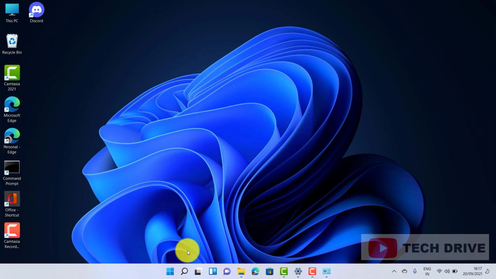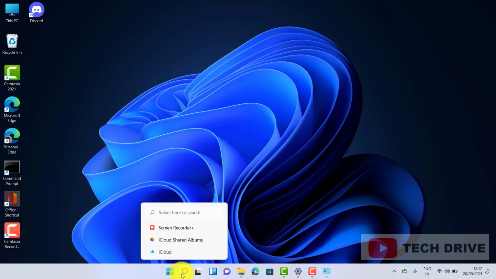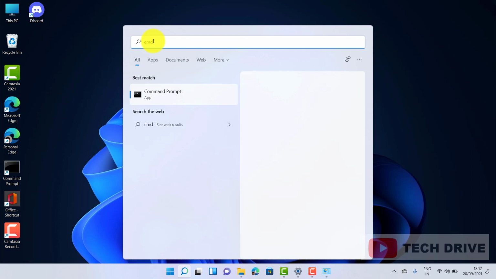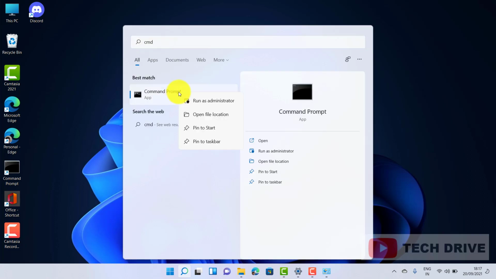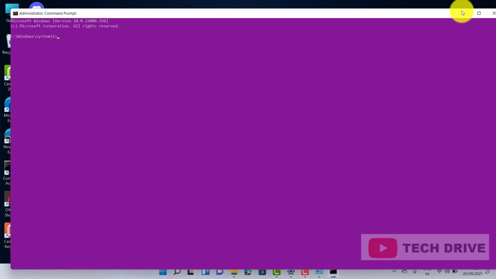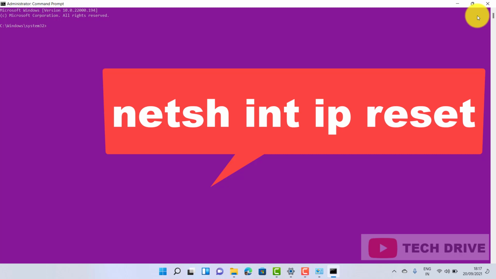Now the second method is to click on the search button and type CMD and run as administrator. Now just type NET space INT space IP space reset and hit enter button,